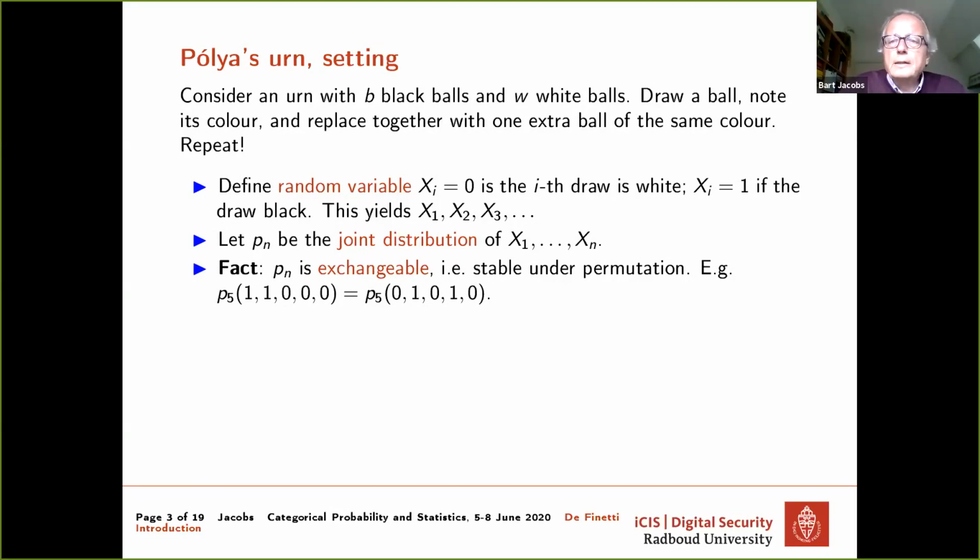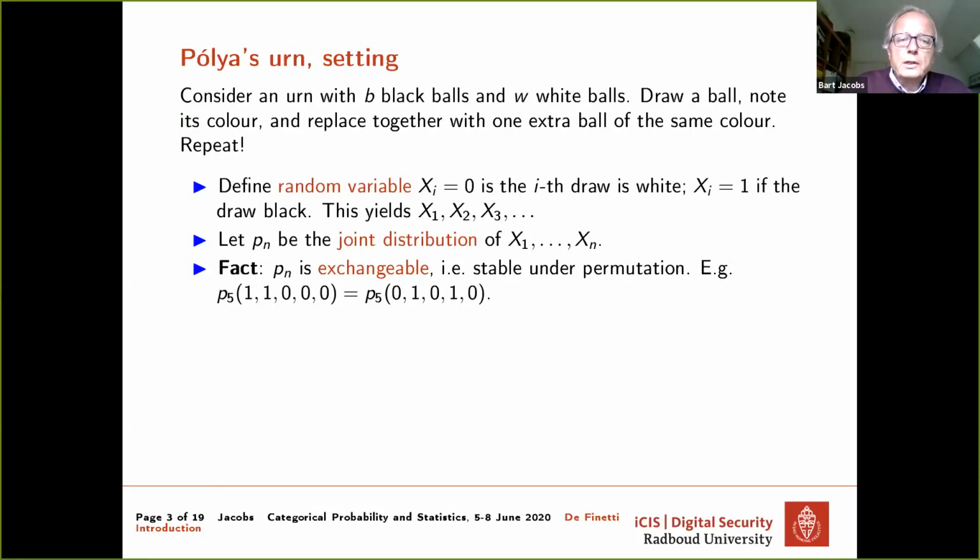That means that their value is independent of the permutation of the order of the variables involved. So here's an example at level 5. If I have two 1s and three 0s, so that means I have drawn 2 black balls and 3 white ones, the probability I get doesn't depend on the order in which I drew these balls.